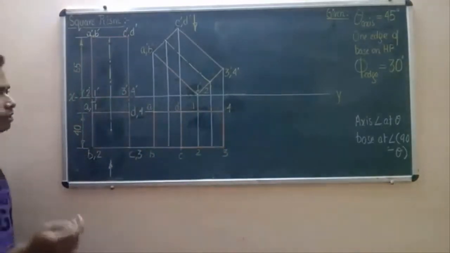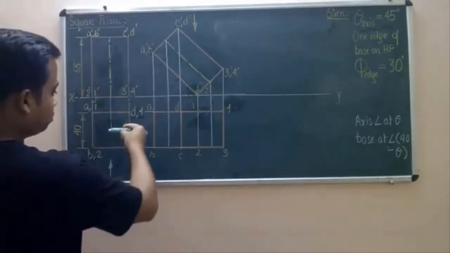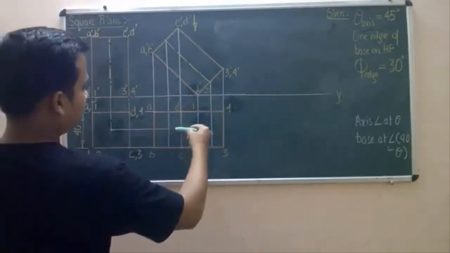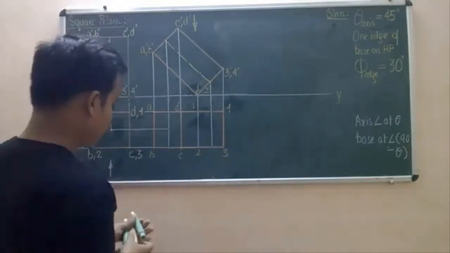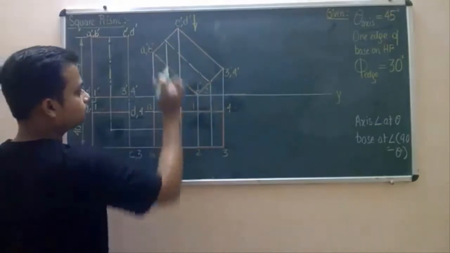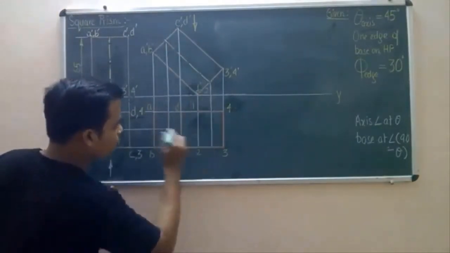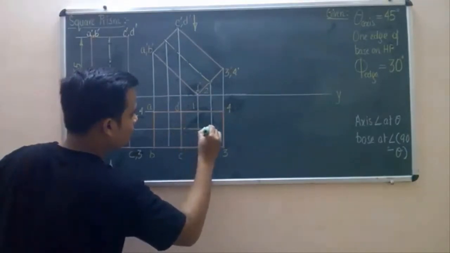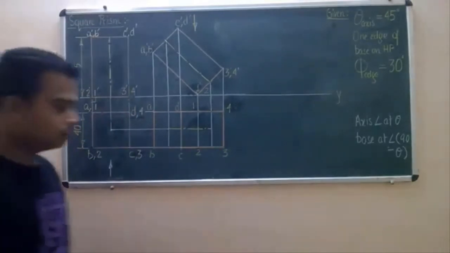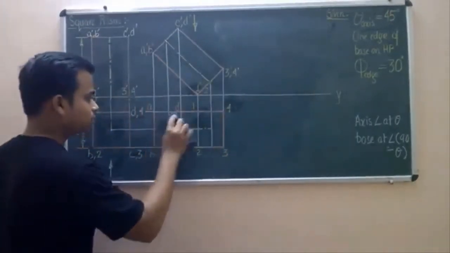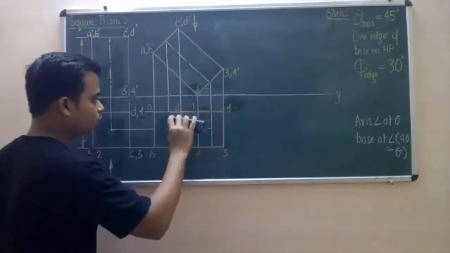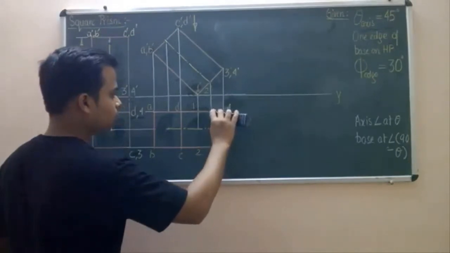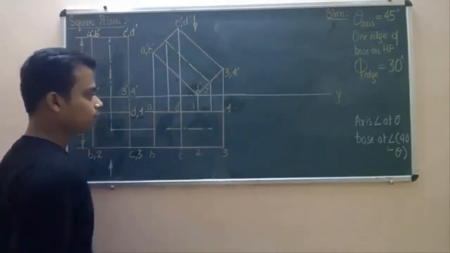Now one thing which is left is the axis. So now let us locate the axis also. It's going to end here. So let us make it. This is the front view of the axis, and this will be the top view of the axis, starting from this point. So that's it. This is the axis. I'm rubbing these lines in order to make the picture look clearer.